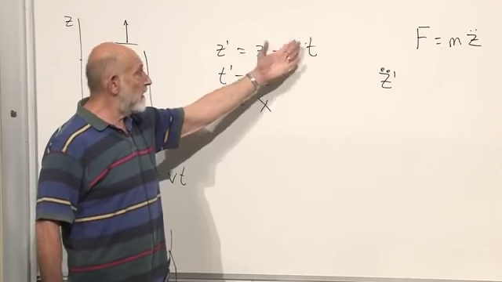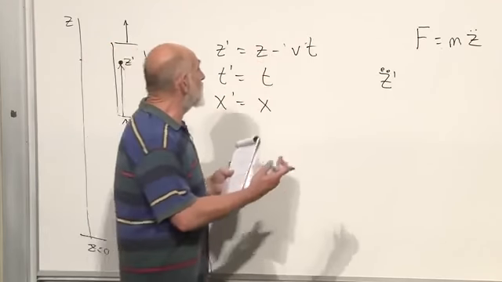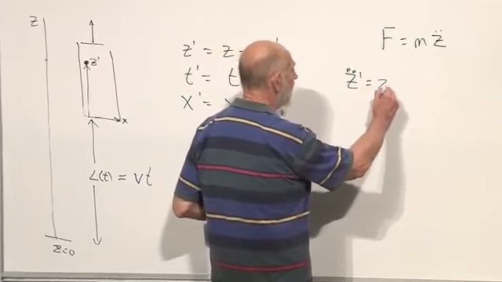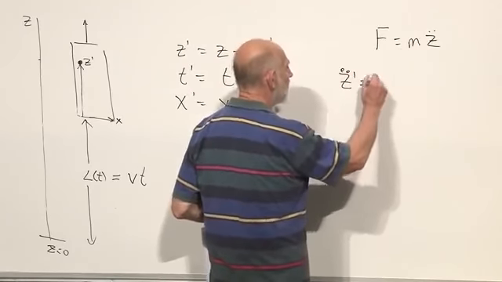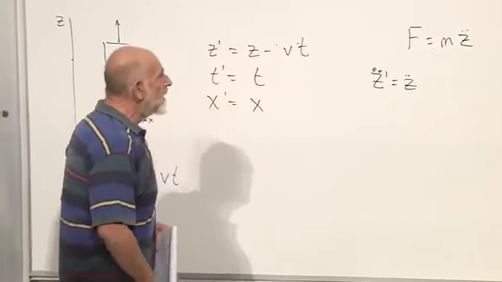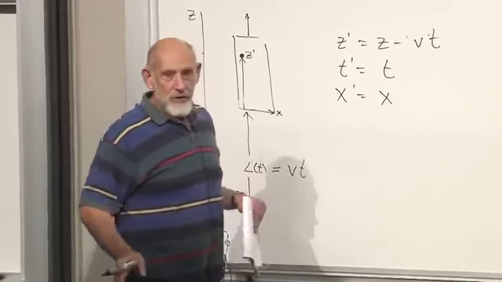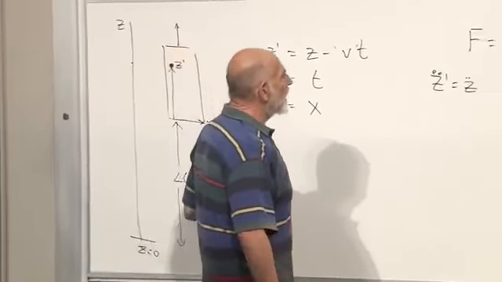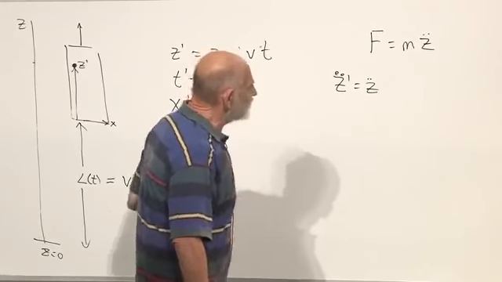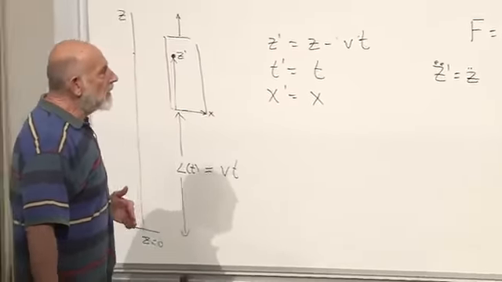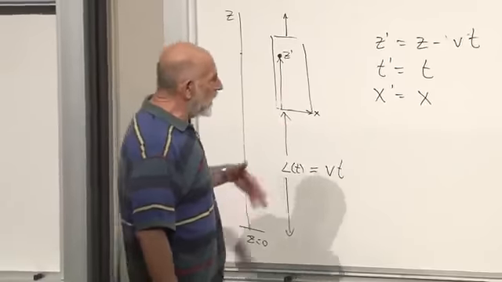It's linear in t. Differentiate it twice, you get nothing, and you simply find z prime double dot is just z double dot. The acceleration in the two frames of reference are the same. Now, I know you know this. I know you know all about this, but I wanted to sort of formalize it to bring out some points,